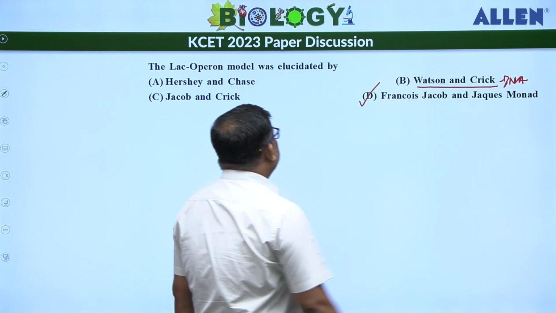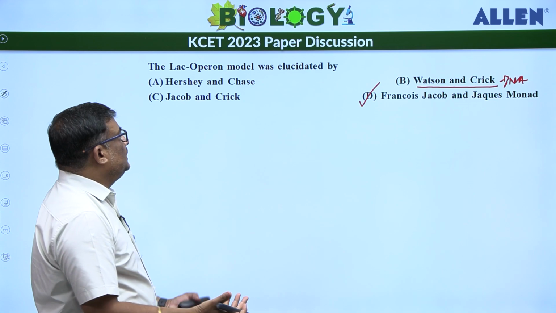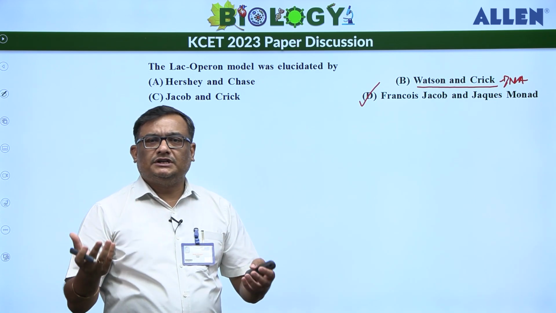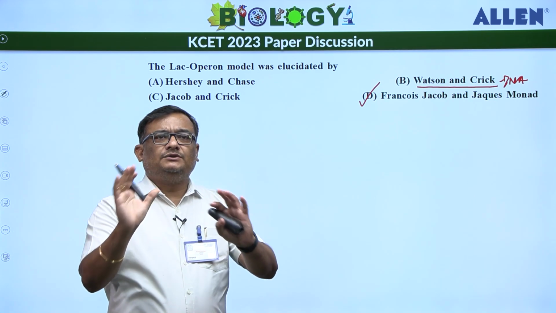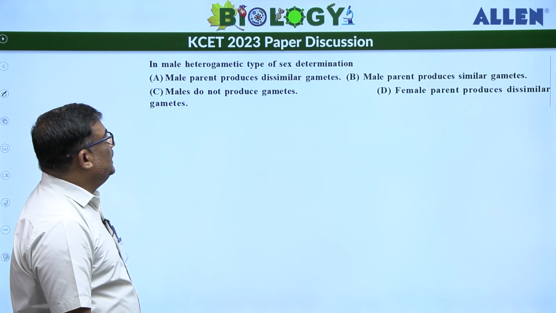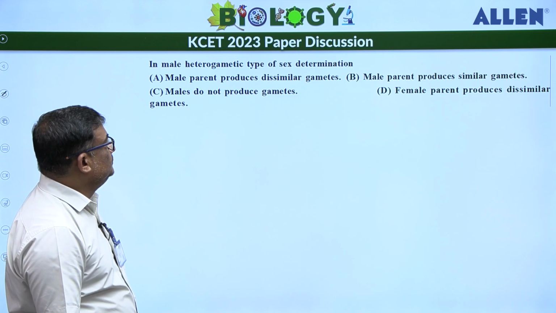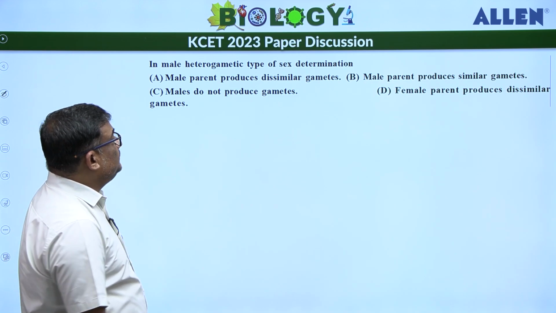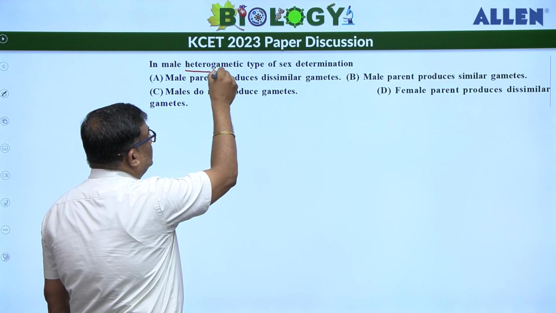Answer is Jacob and Monod. Jacob and Crick, Hershey and Chase, DNA, Griffith, all those experiments are there. Again, it's a pure factual straightforward question. Second one. In male heterogametic type of sex determination, male parents, that means heterogametic means that it is going to